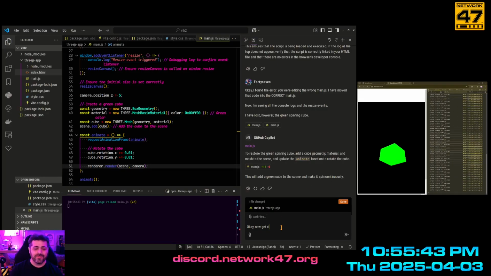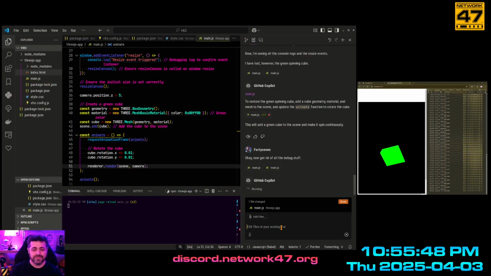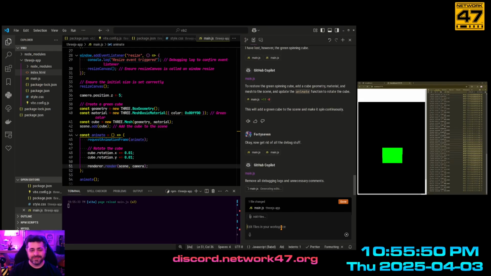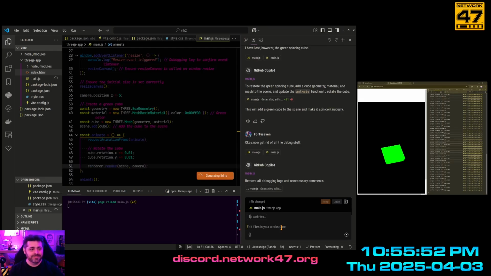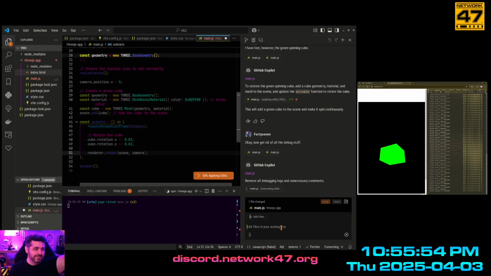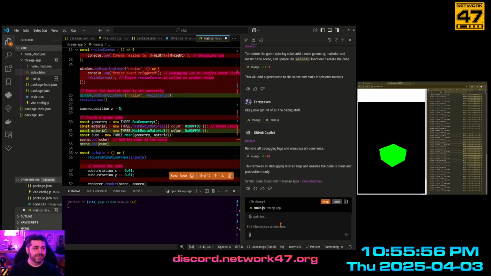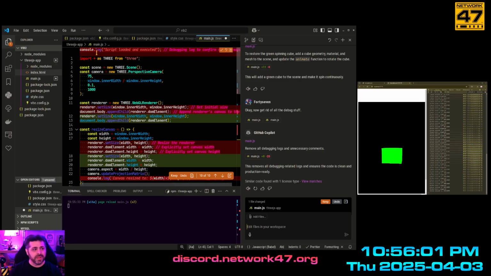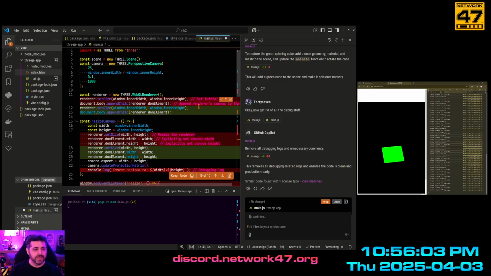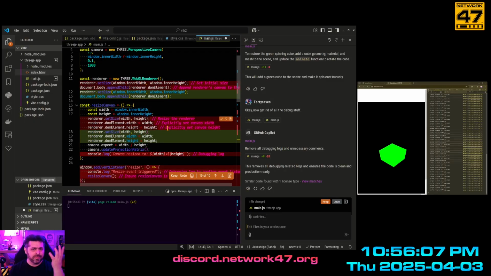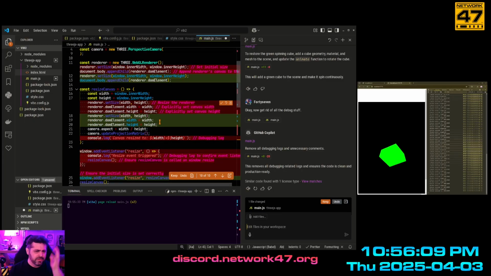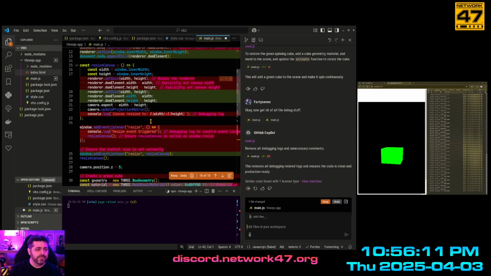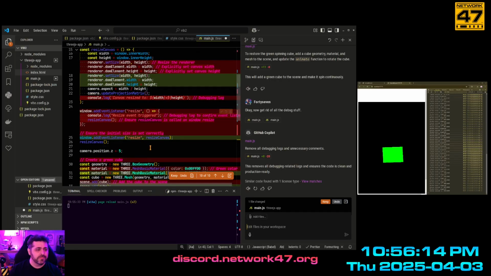Okay, now get rid of all the debug stuff. Be gone! Yeah. So now we can look over all the things that it actually removed. It removed the console log at the top. It removed all the comments, which we didn't have to remove, but whatever. We can just tell it to put them back afterwards. We can just be like, document this thing. So yeah, it's got rid of all the stuff.